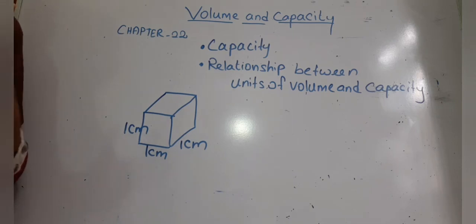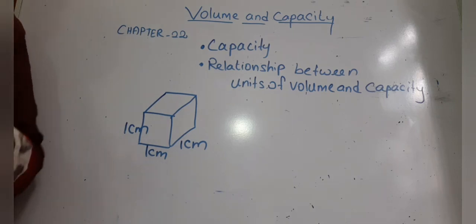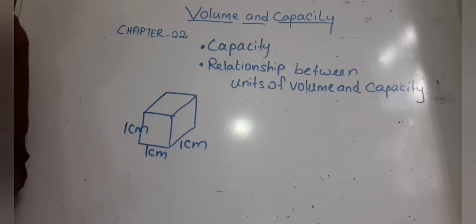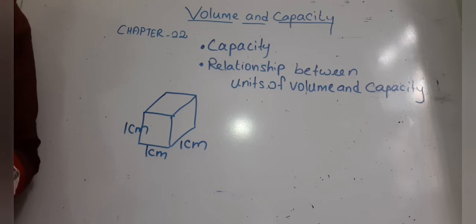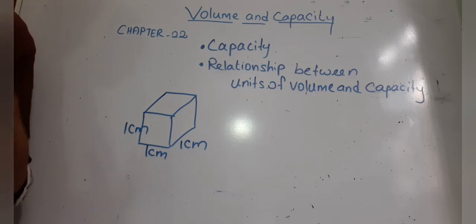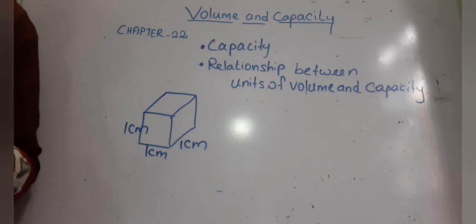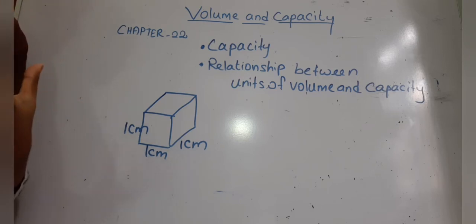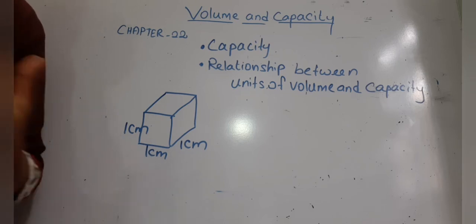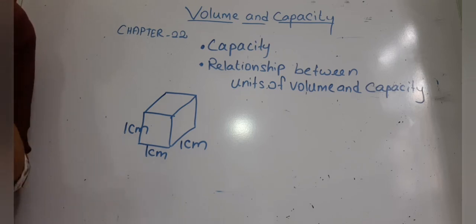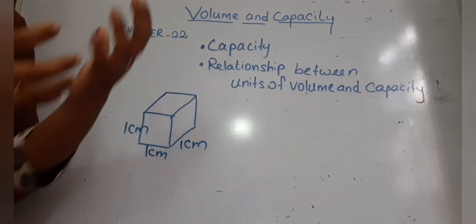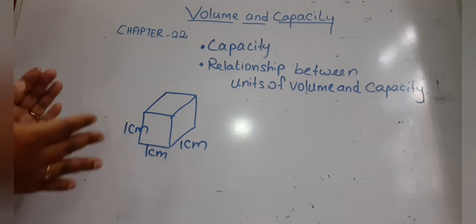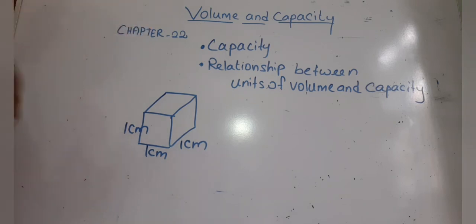So why do we need to get that relationship now? As you know, liquids are measured in milliliters and liters, but the container which holds the liquid, so we need something to hold the liquid, those are measured in cubic centimeter or cubic meter. Am I right? So you can't just pour water into a space. You need a solid container. So that's why we are going to find the relationship between those two units.